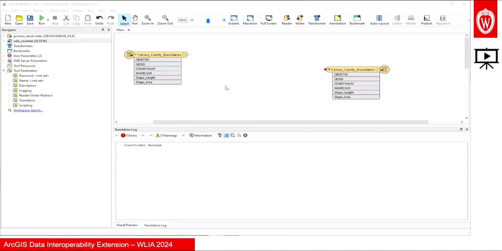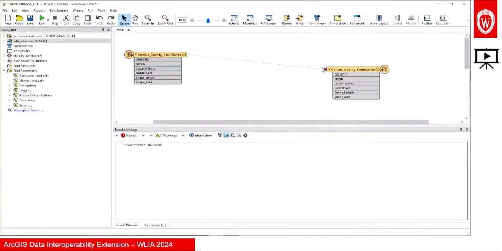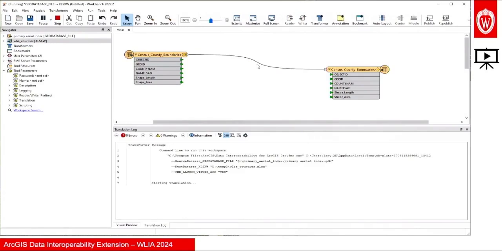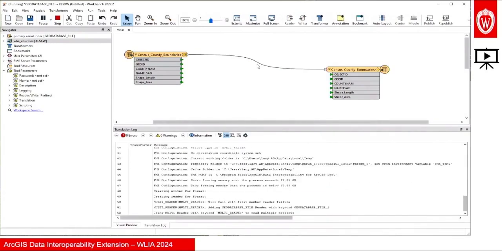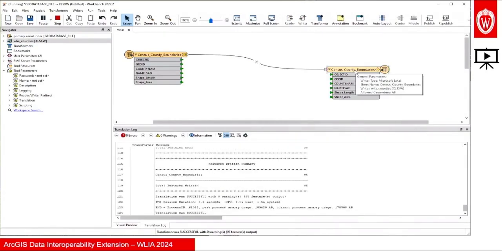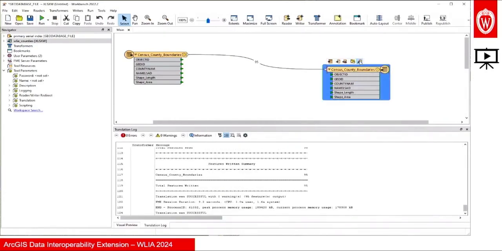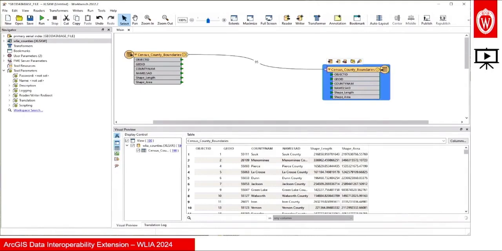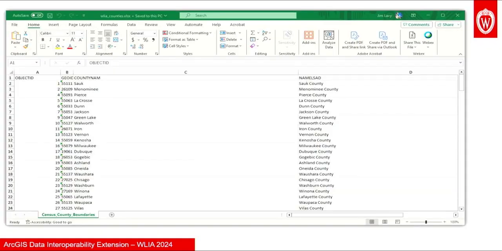So if we look at this, and we're going to bring in a transformer, like so, or excuse me, sorry. We're going to connect the two. Got ahead of myself here. So this is a very simple example, and now we're actually running this process where behind the scenes it's essentially saying, all right, take all the data from the geodatabase, slap it over into an Excel table. You can preview it, and guess what? It looks exactly the same as the input. Well, because we didn't do anything with it, so you would expect this. Just to prove it, in case you don't believe me, yep, sure enough, we've got an Excel spreadsheet that looks like that. I know this is kind of a silly example, but it's the simplest example of going from one format